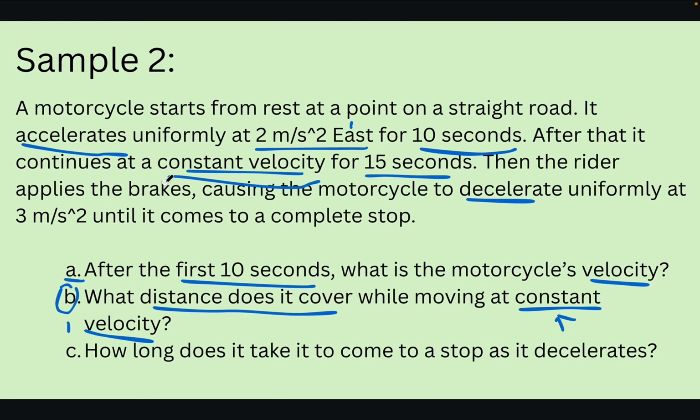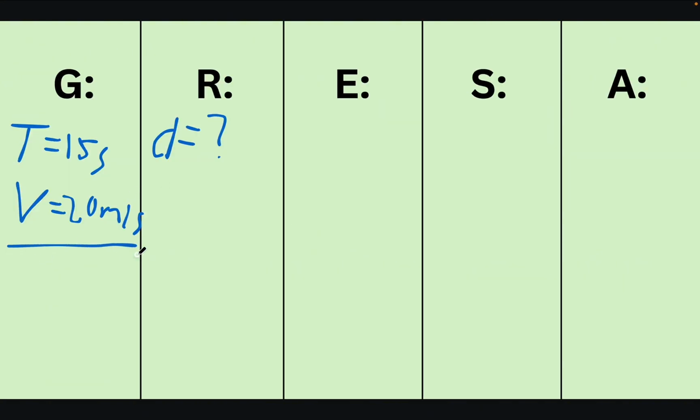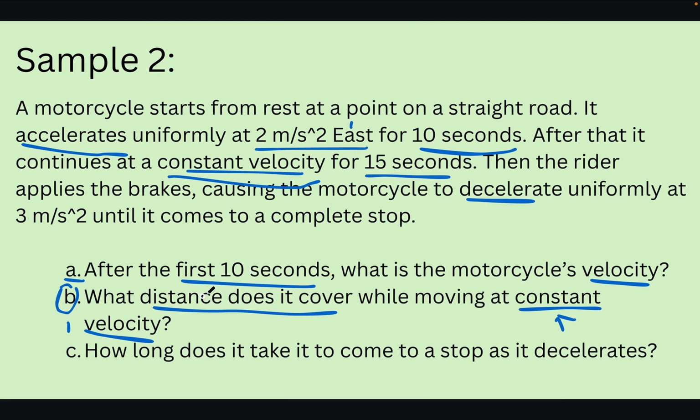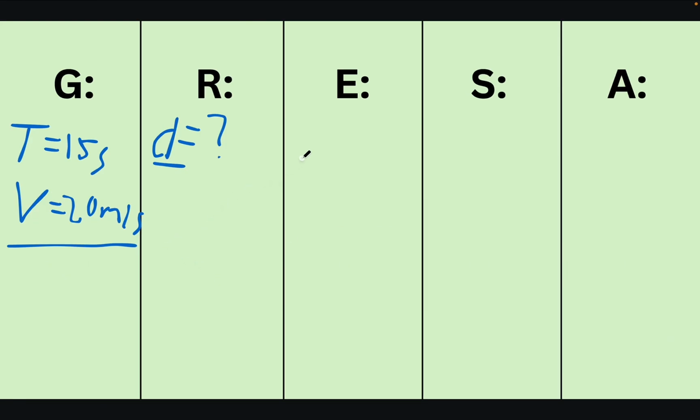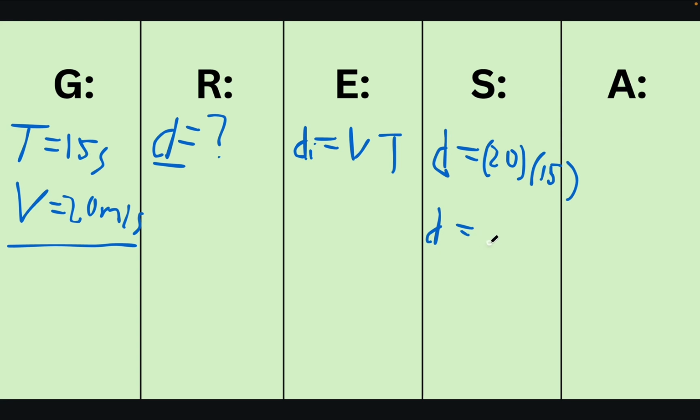Okay, now that that's done, this is actually a more normal problem. Since we know this is actually displacement, not distance, this was a small error. But just using the triangle, we know that the equation for this problem is going to be distance is equal to velocity times time. Sorry, displacement is equal to velocity times time. And just substituting the regular numbers for that, we get 20 times 15. And doing the math for that, we'd get distance is equal to 300